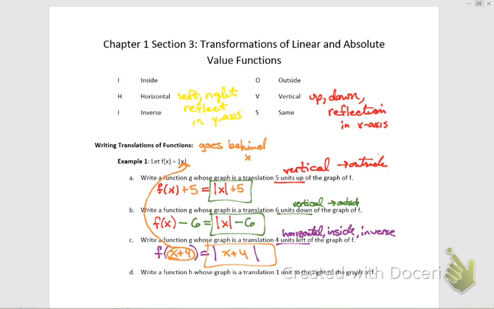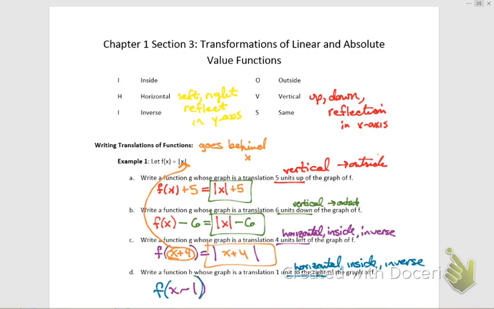So if it's to the right, we are going to put this to the right. It's horizontal, which means, again, inside, inverse. So we are going to have f of x, and this time, because it's to the right, it's going to be minus, because you would normally think right is positive. So it's going to be x minus 1,